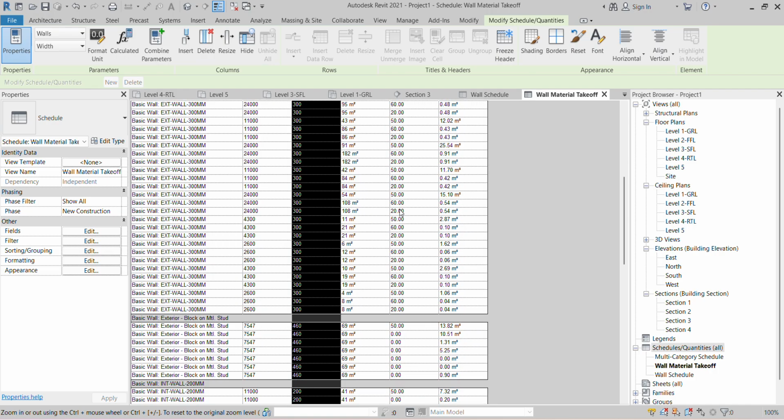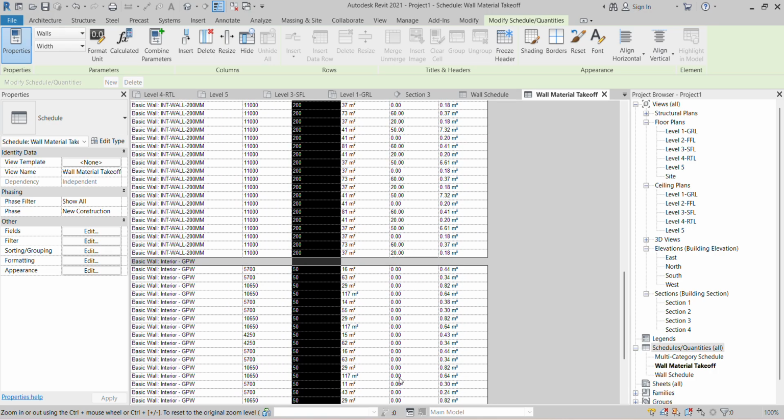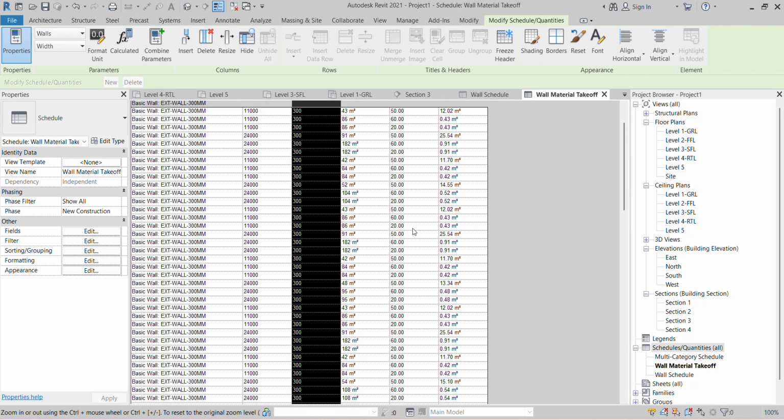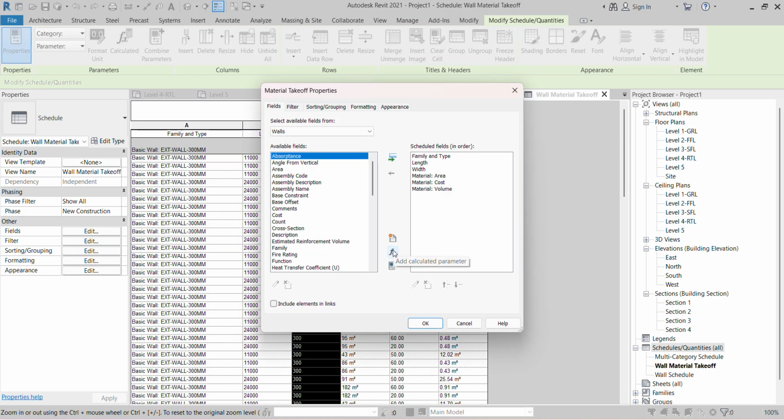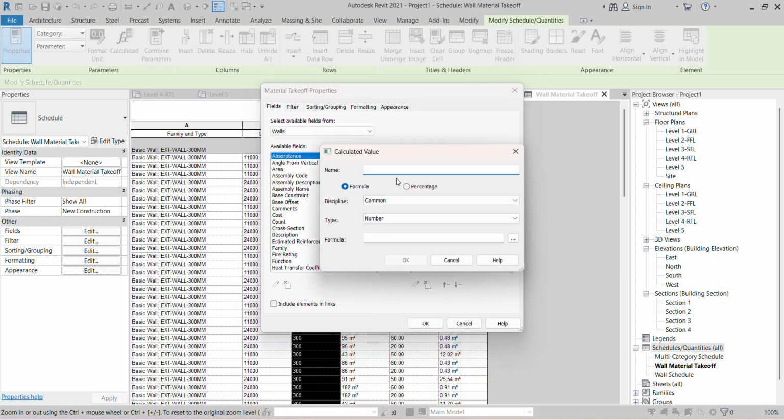Here material cost is showing. Some areas are not showing because we are not applying that one. Here I apply this material cost. But how can I find the total cost? So I can just go for fields again. Here you can find the add. Here you can find the parameters. Add calculated parameters. Here you can find